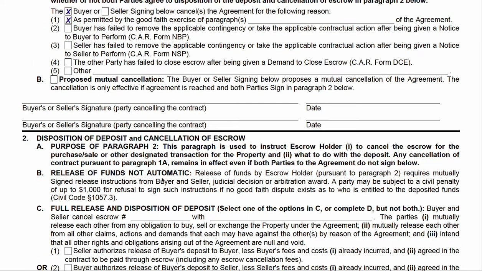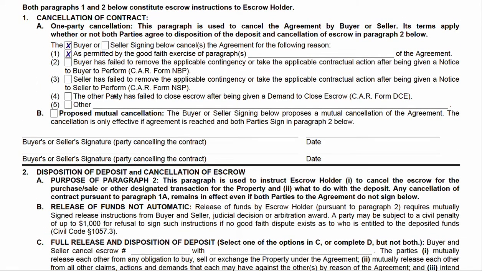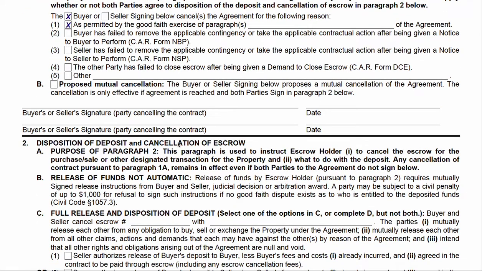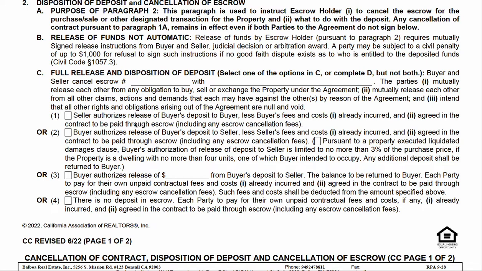Now, on one final point before we wrap up the video, if the buyer is canceling due to whatever reason within the contingency periods, the buyer will check this box here. They'll write paragraph 14 or whatever they want. They'll sign there, and that's done. This is now an effective cancellation. Once delivered to the listing agent, the contract is done. That's it. But the buyer's also going to put the escrow number here, escrow name, C1. They're going to check this